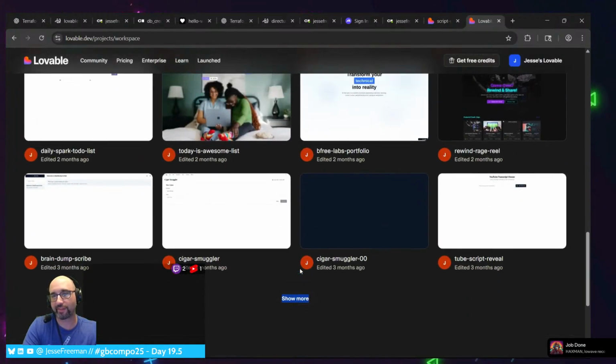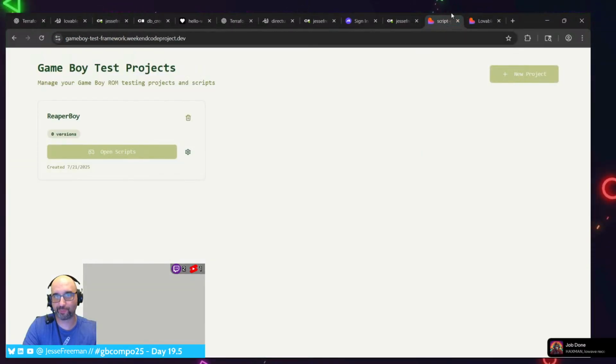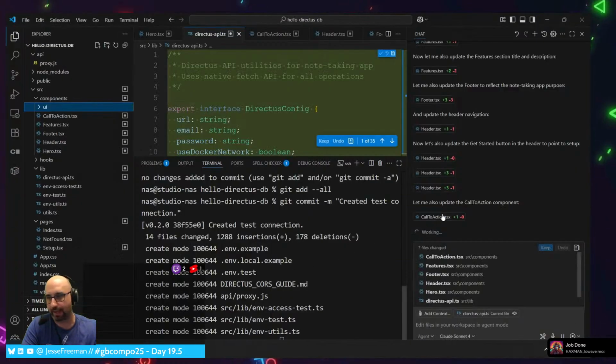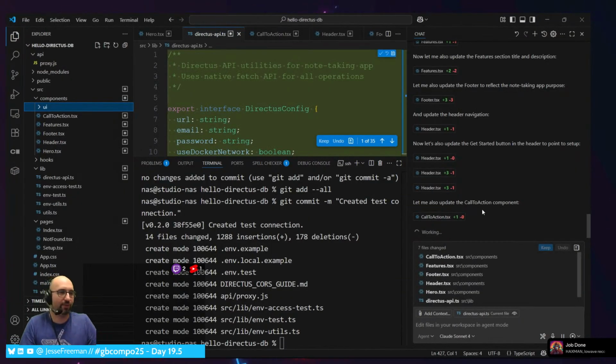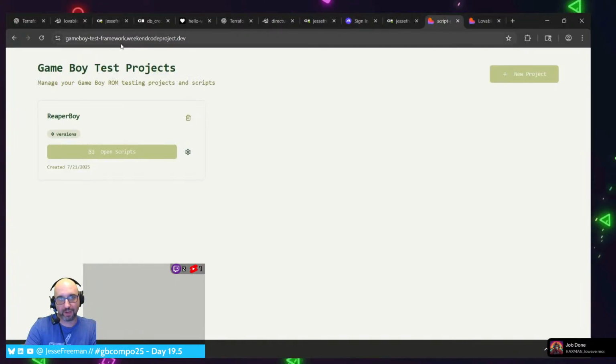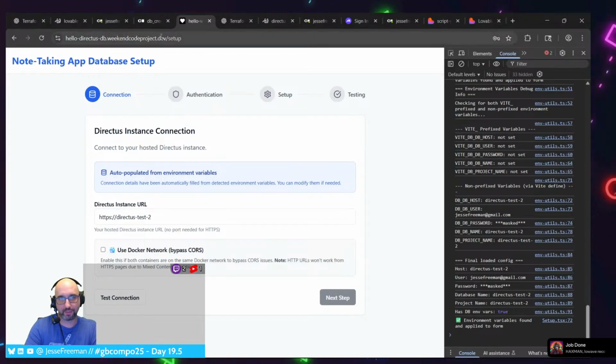Well, I was going to show you something, but I really can't now because Lovable won't let me view my projects, so oh well. I guess what it's going to do now is actually build out the application for me, which quite frankly is a much better use of its time. Kind of curious to see what it creates that Lovable didn't.